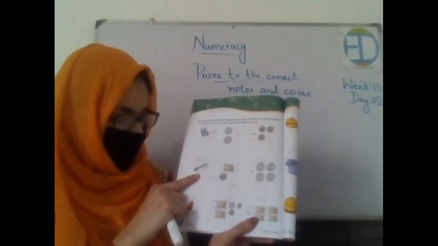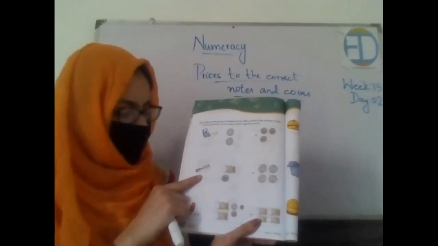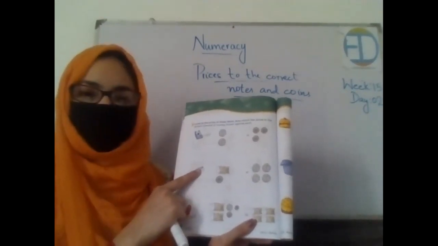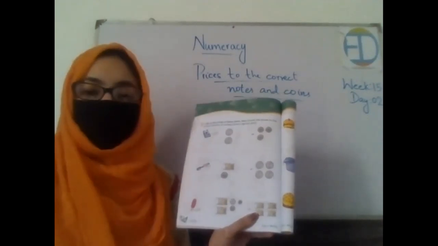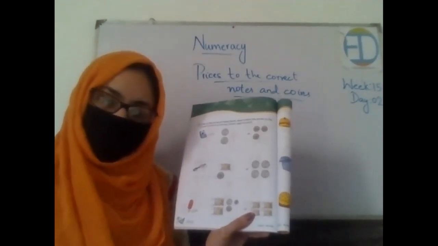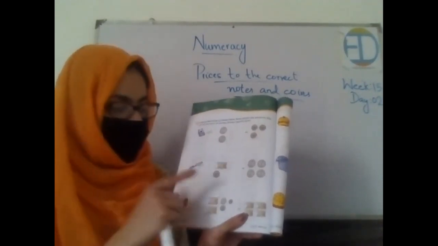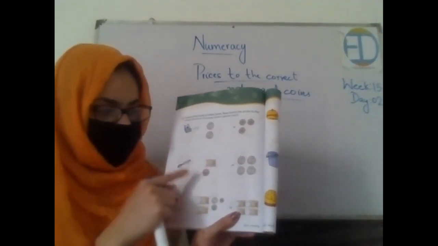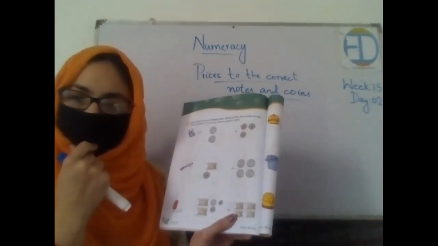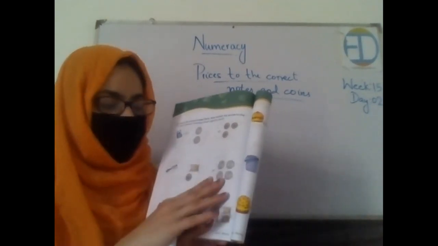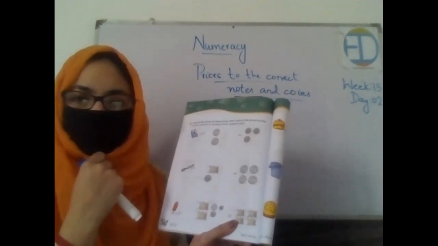This is a pendant. Oh, no, it's a toothbrush. Sorry. It's a toothbrush and this is of rupees 12. So do we have a note or a coin of rupees 12? No. Again, we are supposed to make a combination, right? So a 10 rupees note and a 2 rupees note. Does it make 12? Or 4 coins of 5 rupees make 12?